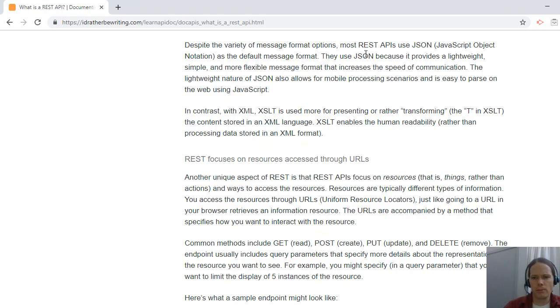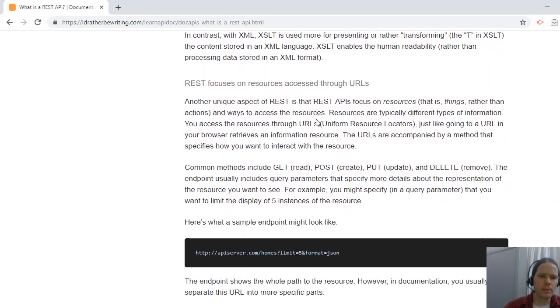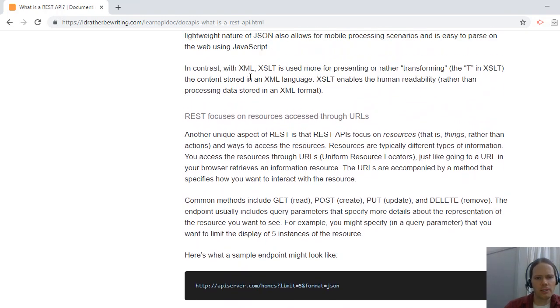They use JSON because it provides a lightweight, simple, and more flexible message format that increases the speed of communication. The lightweight nature of JSON also allows for mobile processing scenarios and is easy to parse on the web using JavaScript. In contrast with XML,